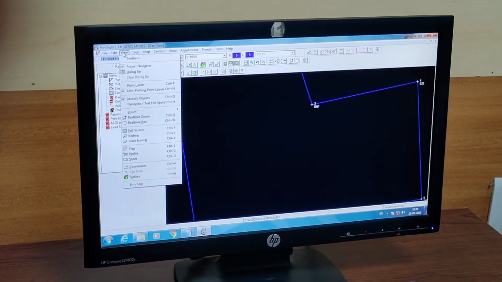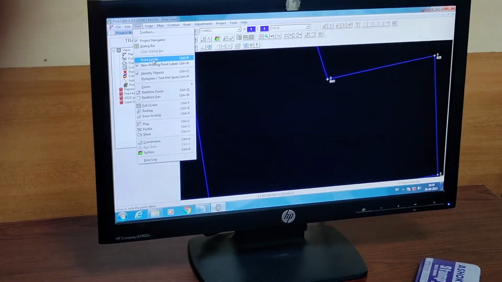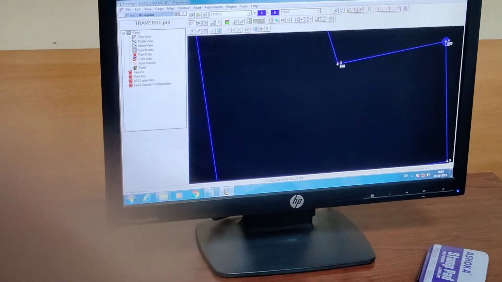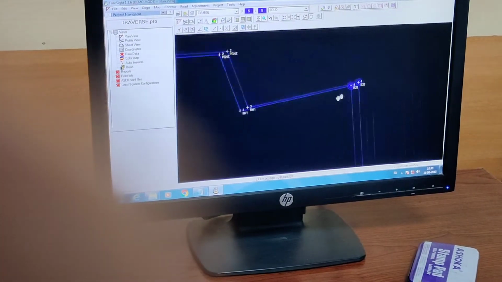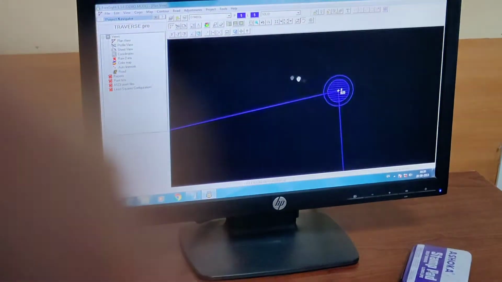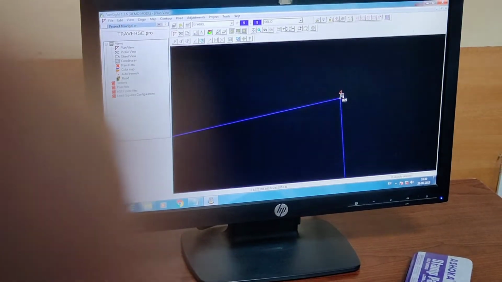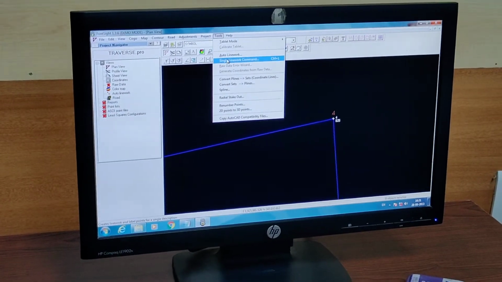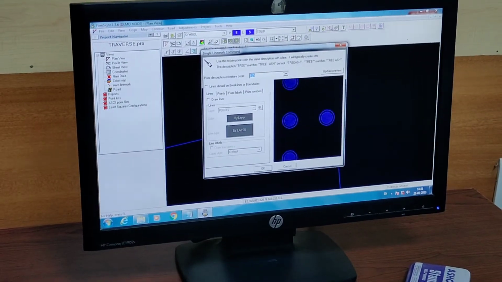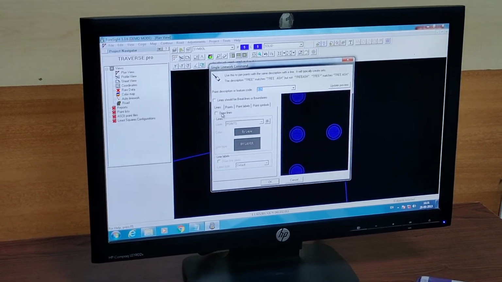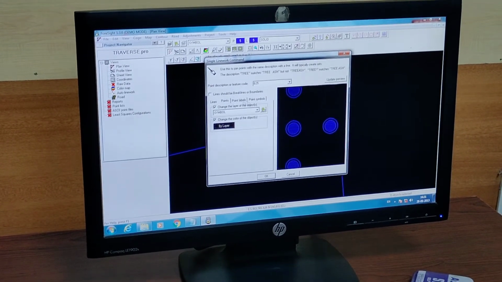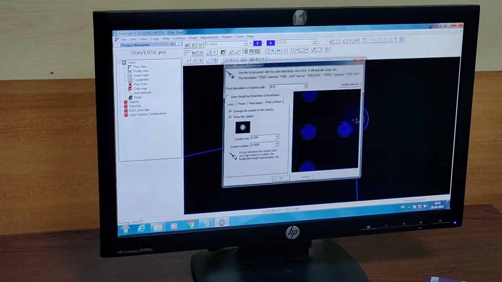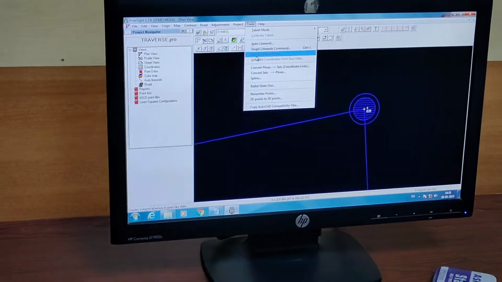Just go to View, point labels. Sorry, non-plotting point labels. See, the symbol has come. Previously there was no symbol here. Like this. Then you go to Tools, single line work command. Select one by one. P25 line. Point symbol. In the symbol layer, point symbol, this one. Just click OK.